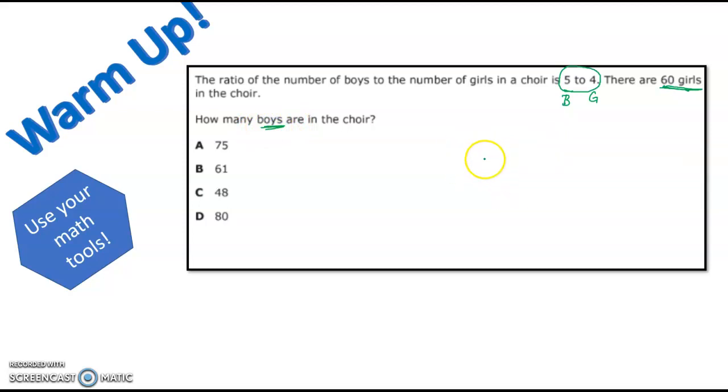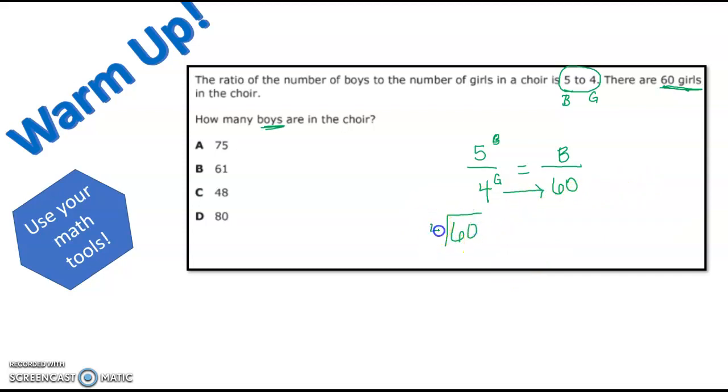So we need to plug it in, okay? So if we have 5 boys over 4 girls, okay? So we've got our 5 boys, 4 girls. We've got to plug in that ratio, okay? If there are 60 girls, how many boys are we looking for when there are 60? So in this situation, we need to figure out how did we go from 4 to 60? How many times did we do that? So we need to do 60